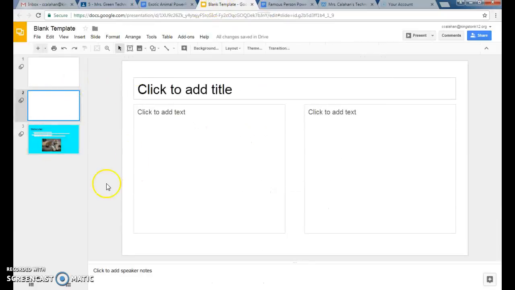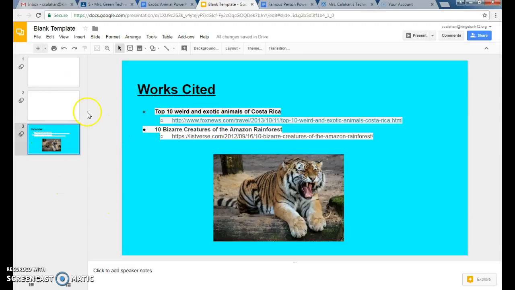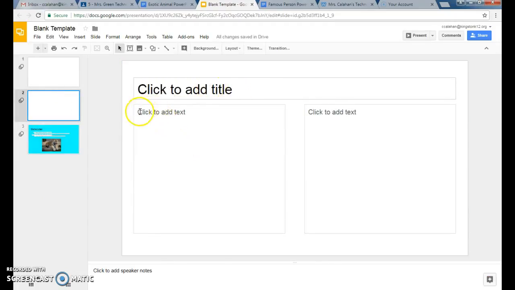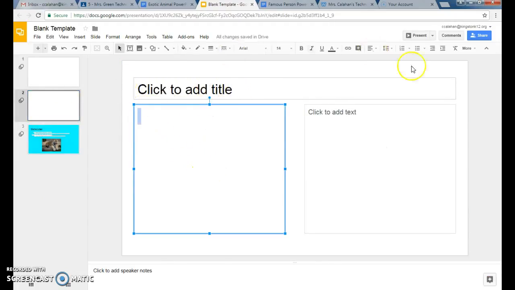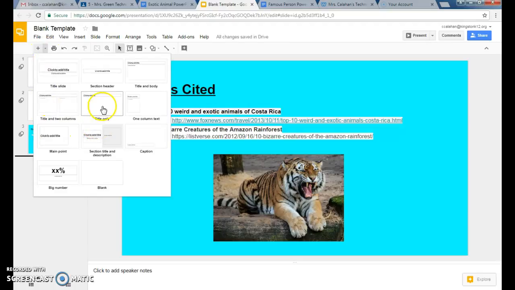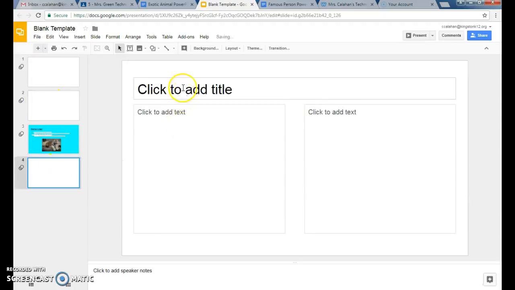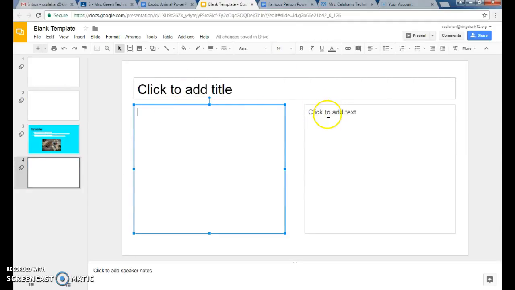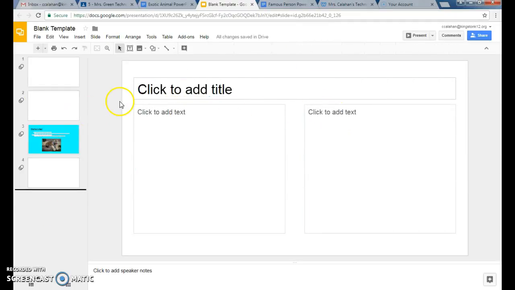Use your white space in your slide. So this, I guess, looks pretty good, but make sure that you're changing your font size and pictures and things like that to take up your white space. So that's the purpose, excuse me, of a presentation. And when you're ready for a new slide, it's right here by this plus sign. If you drop it down this way, you can choose what type of slide. So if you want the title and content, you can choose this one. That way you have a title and a spot to type and maybe a spot for your picture. Okay, so that's a pretty good